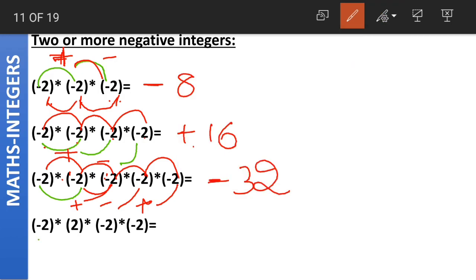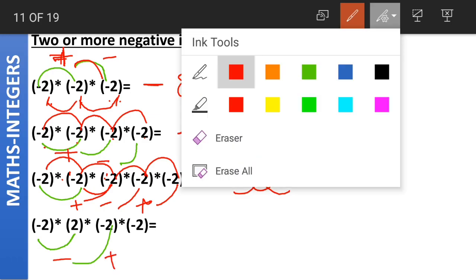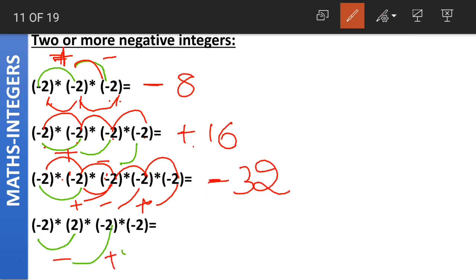And coming to the last one, minus into plus gives us what? Both the signs are different. So the answer will be negative. Again minus into minus, both the signs are same. So the answer will be positive. The last one, plus into minus. The final result, what will it have? Plus into minus means both the signs are different. So the final answer will have a negative sign. Coming to the absolute values, 2 2s are 4, 4 2s are 8, 8 2s are 16.